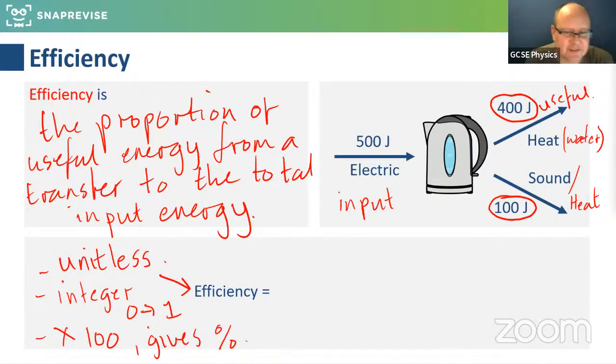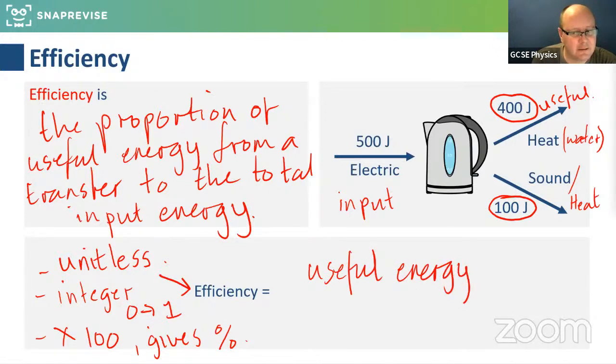So just a small point to note, check if your question is asking for a percentage. Sometimes they do, sometimes they just ask you for an efficiency, in which case you could just give your efficiency as 0.8 in this example here. But if it asks you to calculate the percentage efficiency, you need to remember to multiply 0.8 by 100, and that will be 80%. So efficiency is useful